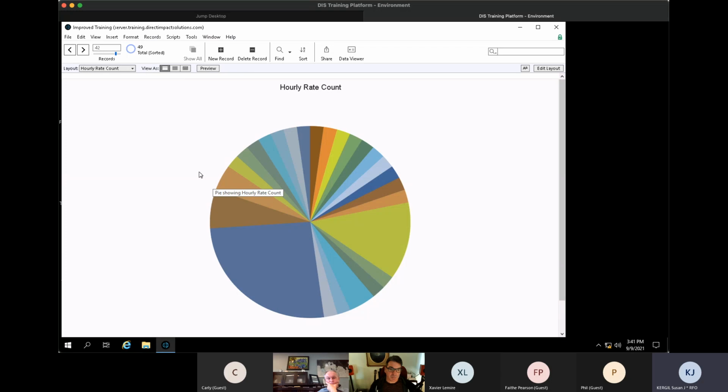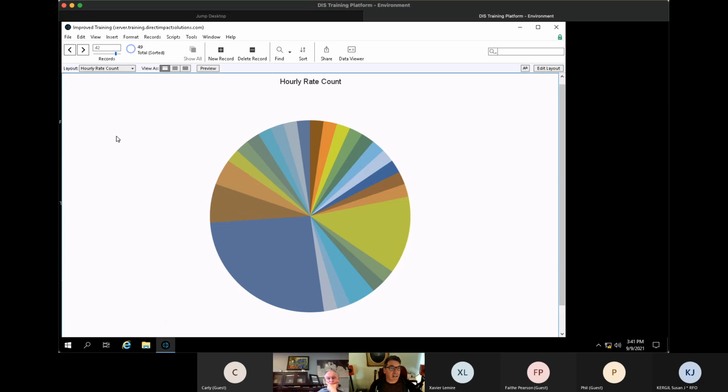Can you have more than one of those on a page with different data? Yeah, you can. You can actually modify this to have it line by line. Honestly, I don't usually use FileMaker's native chart features because they haven't really done much to improve them in the last many versions of FileMaker. I usually integrate with Google Charts or some other chart engine